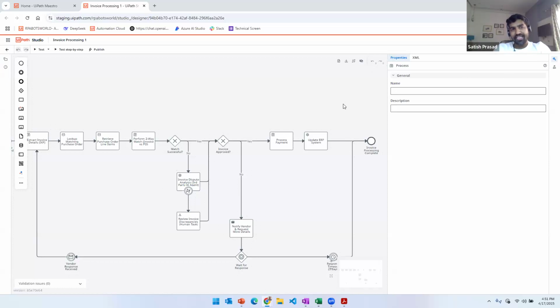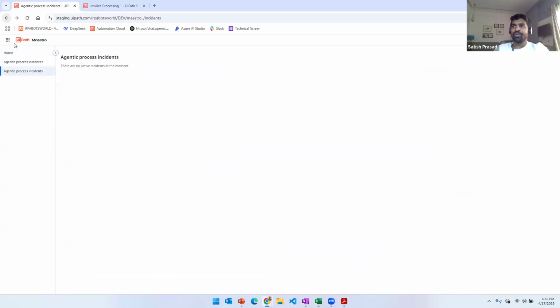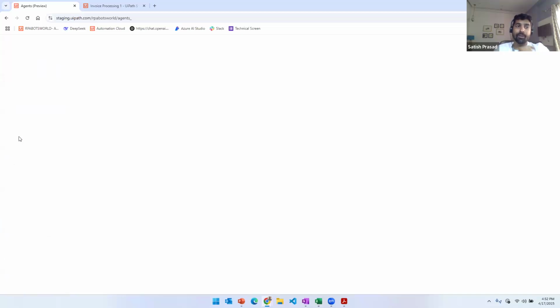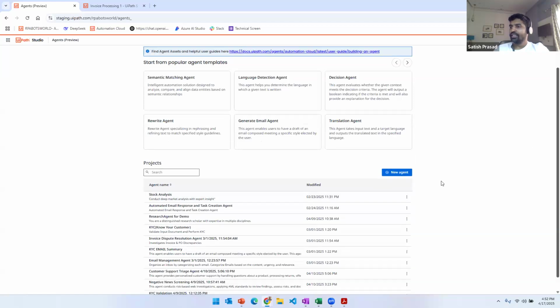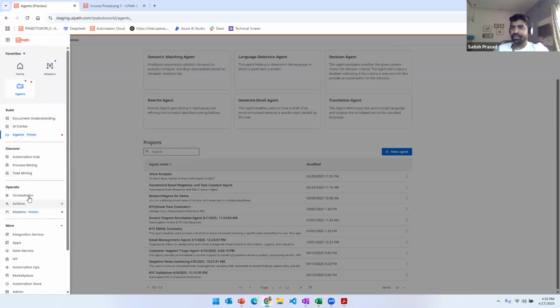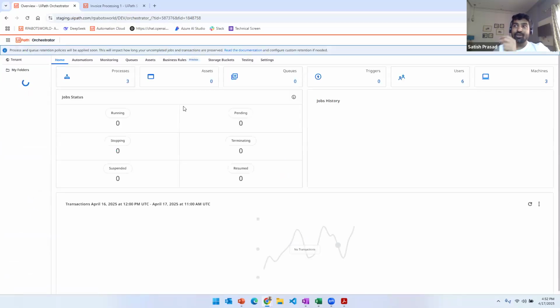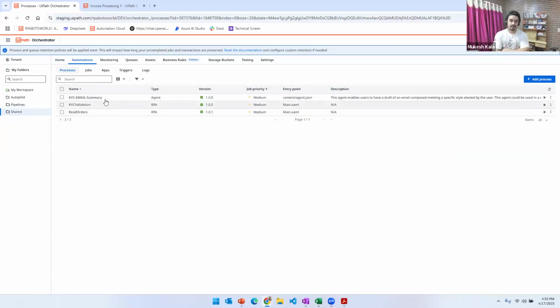Okay. So when we say agent, right, when we build an agent, we publish that as a workflow. I don't know if you remember from the previous session, so I'll quickly showcase that capability as well. When we build the agent, we publish this agent as a service task and it goes to the orchestrator. We have built these many agents in the past session. And if you go to the orchestrator, you will see that particular agent is published as a service task.